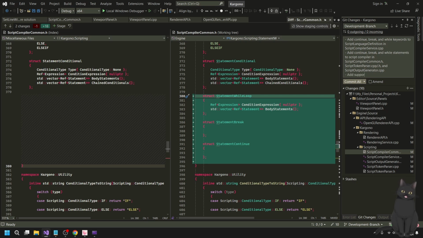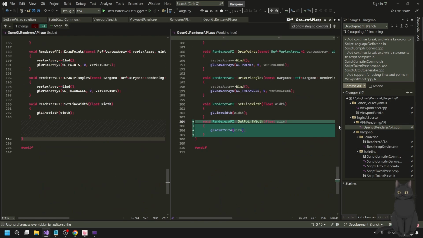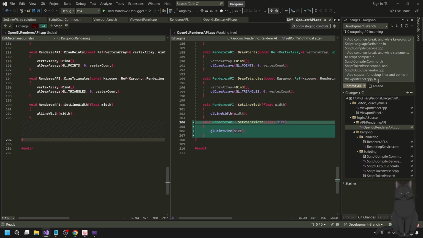Add support for debug lines and points in ViewportPanel.cpp/.h. Add adjusting point width in render API.h, GL render.cpp.